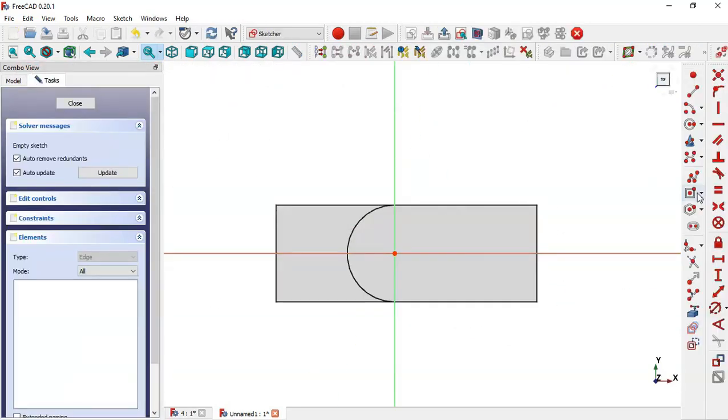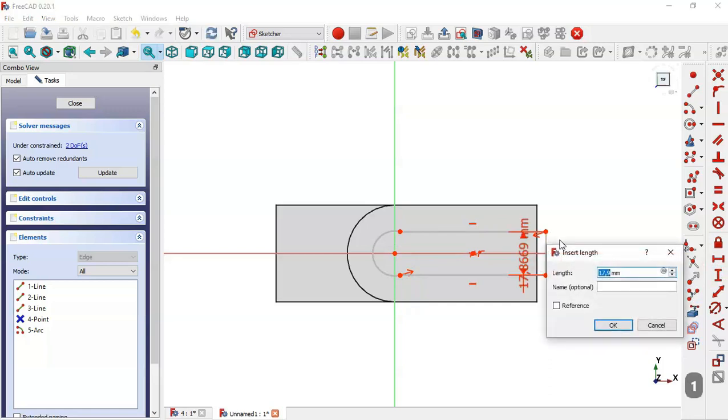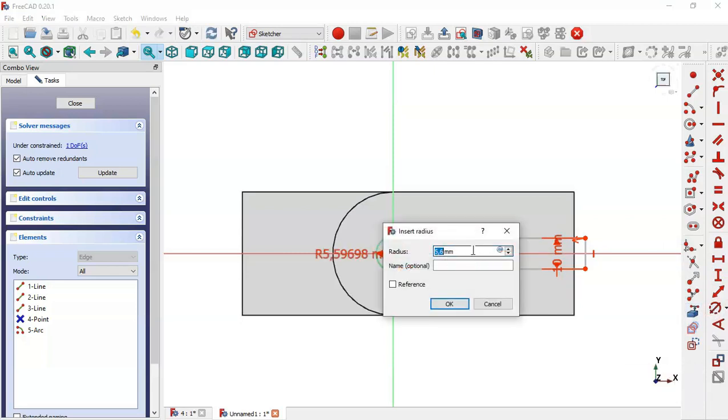So now pick this command and draw this rectangle, delete this line, pick the arc tool and draw this arc, the length of this line will be 10, and the radius of this arc change to 10,